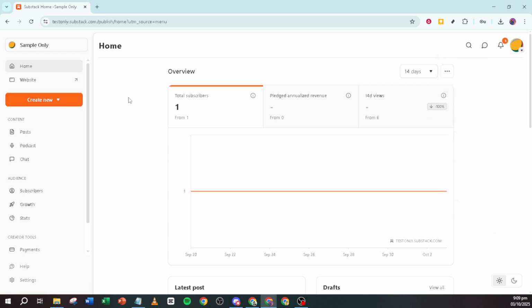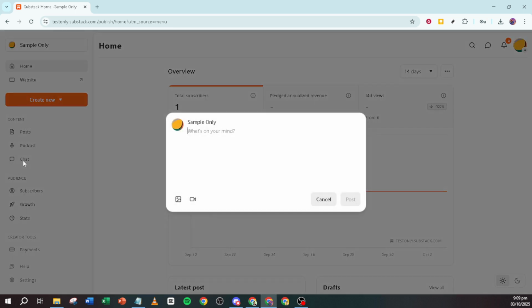Once you're logged in and on your homepage, direct your attention to the top right corner where you'll find the option labeled Create New. This is where the magic starts. Clicking on that will reveal a drop-down menu. From the options there, select New Note. The terminology here is key. Note, rather than post, suggests a more informal and brief format. This is where Substack lets you express yourself more freely, without the pressure of crafting a full article.